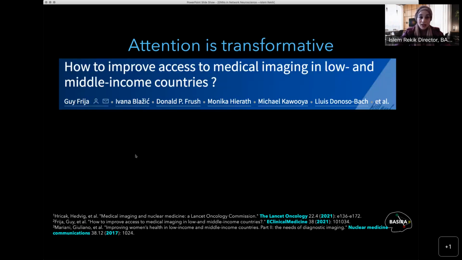There is a lot of attention that has been dedicated recently to this lack of medical imaging devices, particularly in low middle income countries. This attention, conducted by different researchers across the globe, can be transformative in the sense that we can design novel methodologies or use AI to alleviate or address this need somehow. Maybe not directly, maybe indirectly.